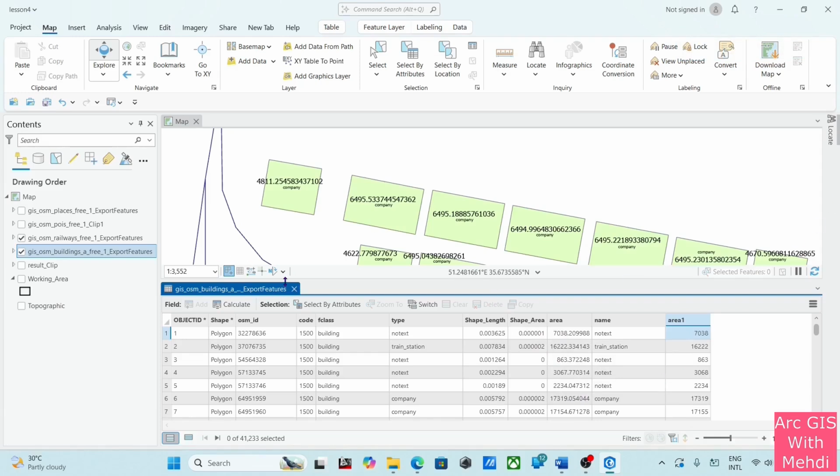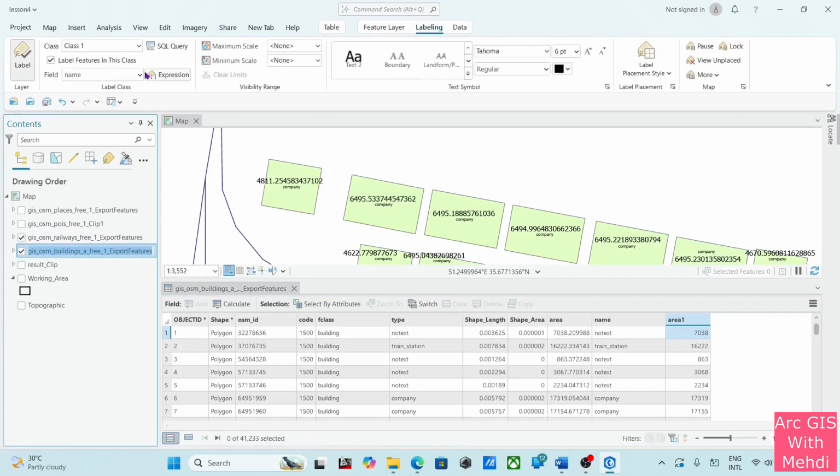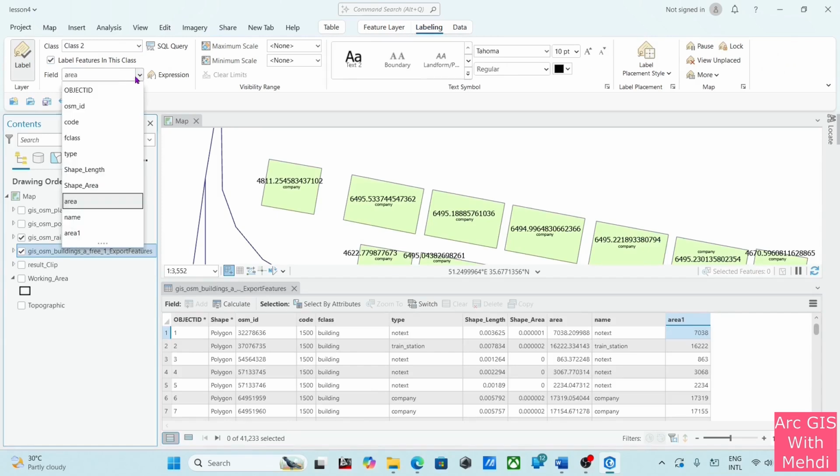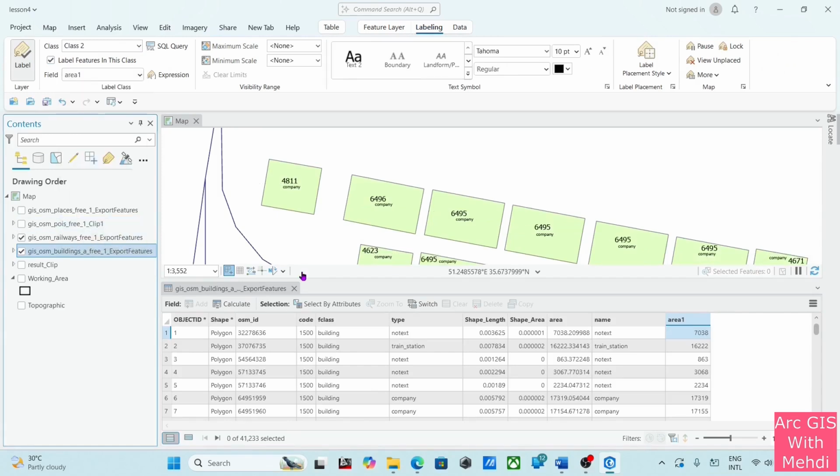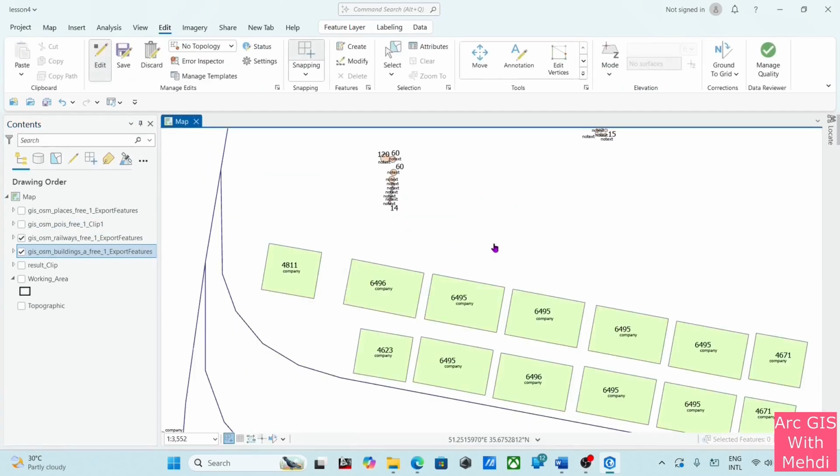Okay, now we can go to the labeling and for class 2 area, it's better. Now we're gonna customize